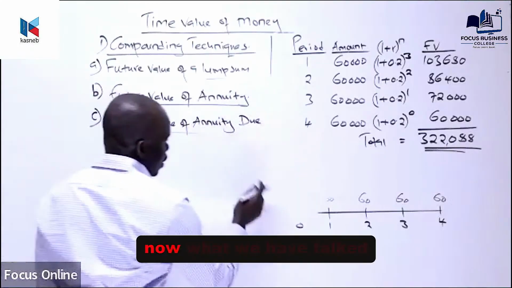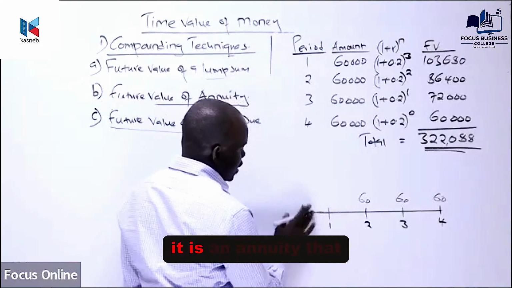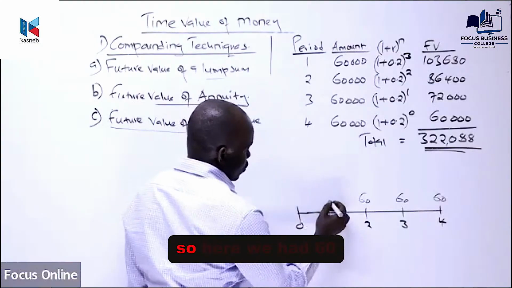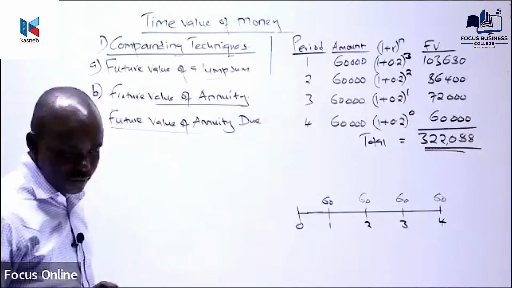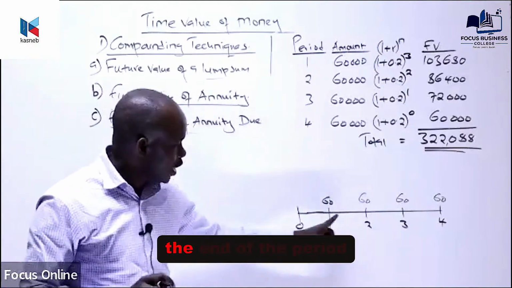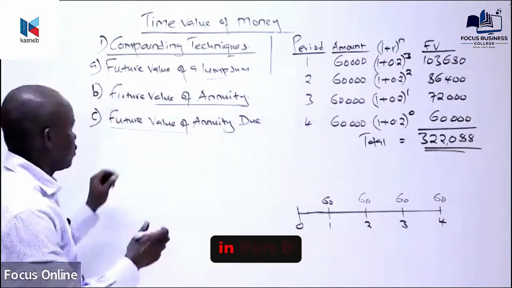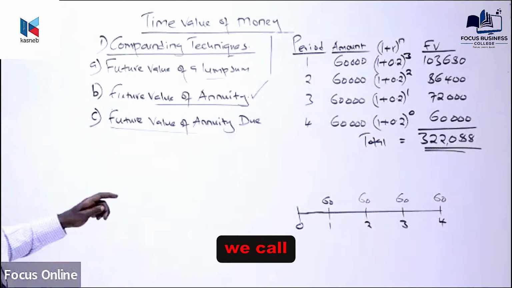Now, what we have talked about here is an annuity that occurs at the end of the period. So here we had 60. If an annuity occurs at the end of the period, like in this case, that is what we've done in part B. But now we have what we call